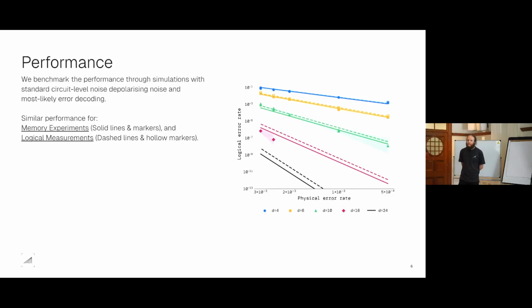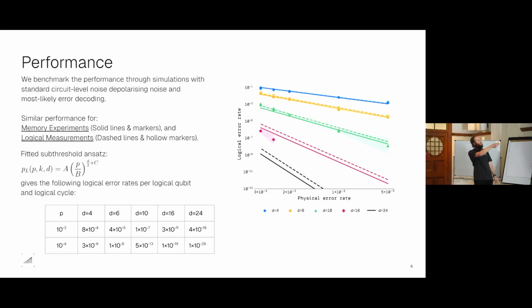Yeah, Timur? So there's no markers for the black line, so how do you? Yeah, exactly. So thanks for bringing that up. We're fitting an ansatz to this. The idea is that we're fitting a single ansatz across the different codes. I should say quickly, we've done both memory experiments and logical measurement experiments. The memory experiments are where we're just doing an idle operation, but we also simulate logical measurements, the dashed lines. So we fit a single subthreshold ansatz that has the same parameters A, B, and C regardless of